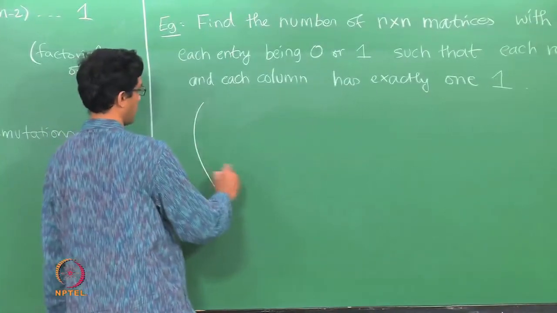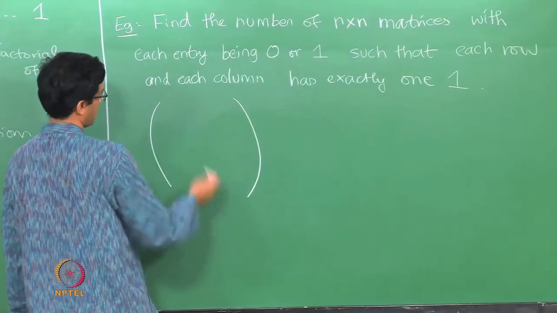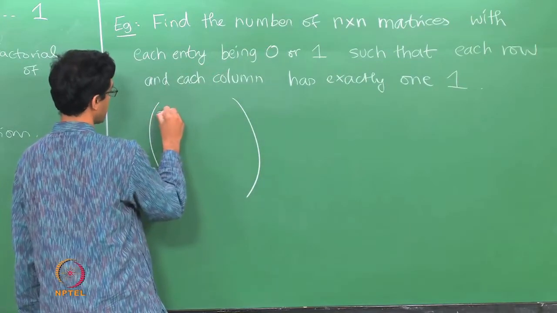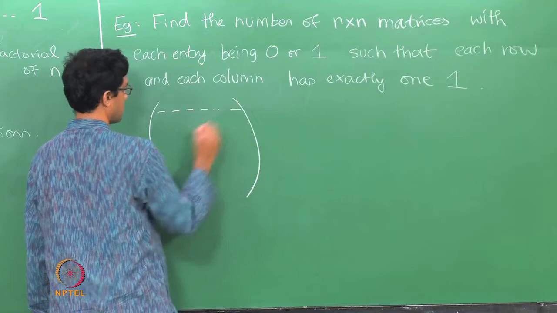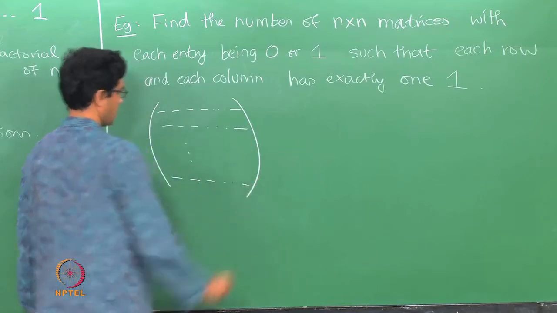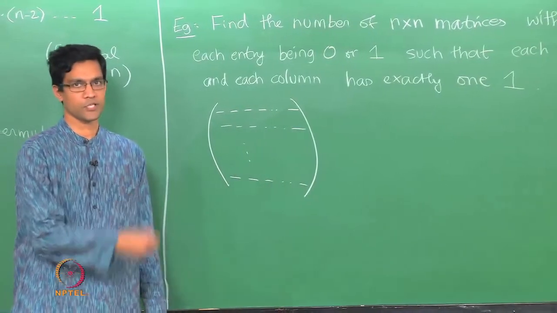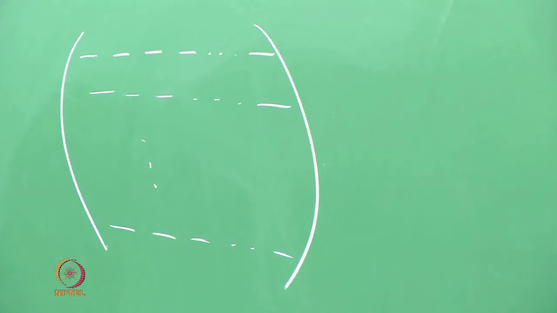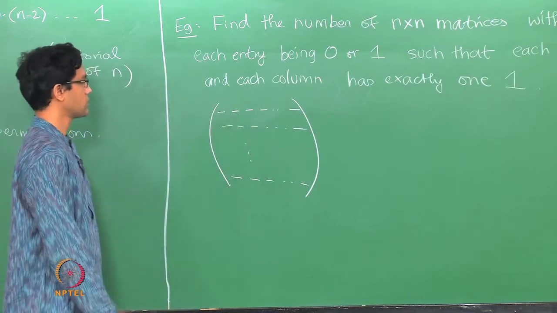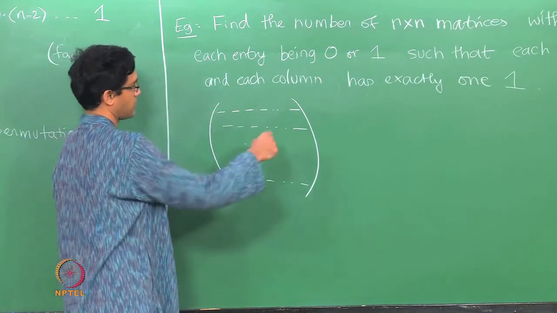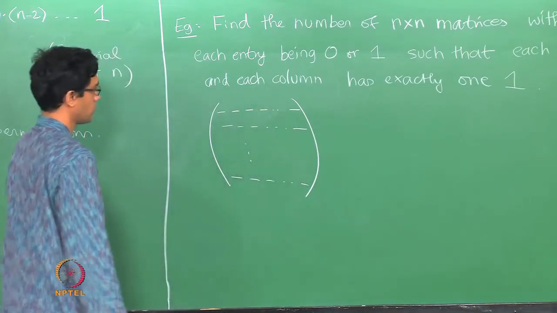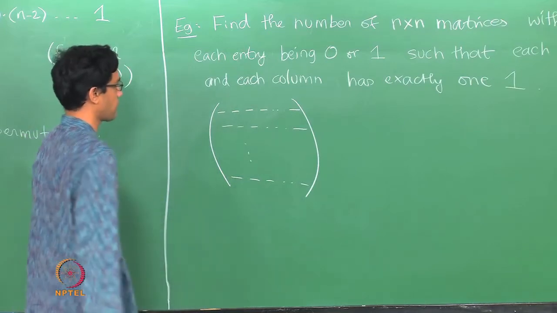And a matrix of course is just an array of numbers or of entries. It has n rows and n columns, that is what the n cross n means. So in a sense it is like you have n positions, but in all there are n squared positions to fill, and what one has is restrictions. You are only allowed to fill zeros or ones, and the sum of each row and each column is 1. In other words, in every row there is a single 1 occurring somewhere, and in every column there is a single 1 occurring somewhere. So how does one solve a problem like this, for instance?